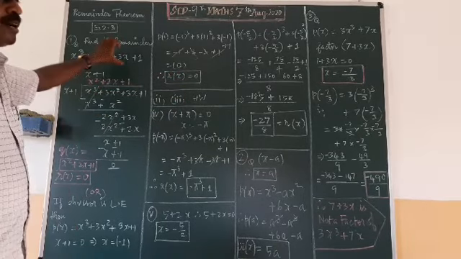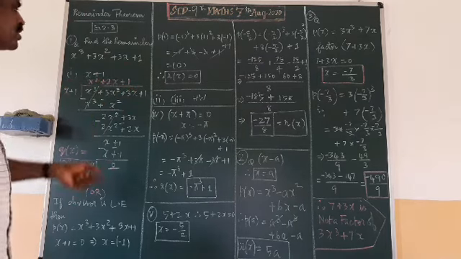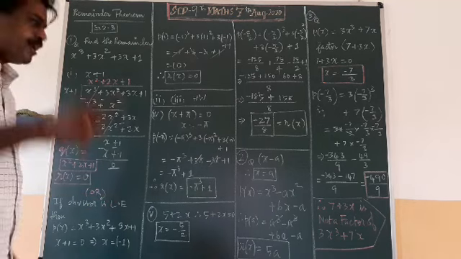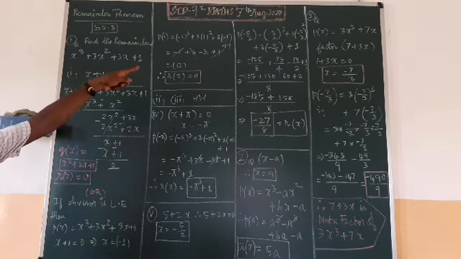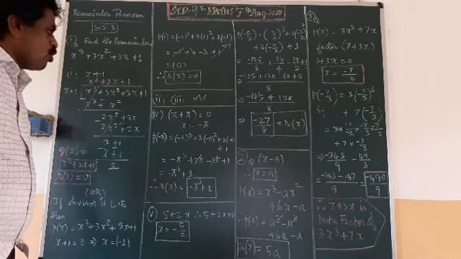See, when a polynomial division is given and they are asking only for the remainder, you can either do it by the division method to find the remainder, or by the factor method: converting the divisor into a factor, finding the x value, and substituting that value in the polynomial equation. Then you can directly find r of x, the remainder. Second and third, take them as homework.